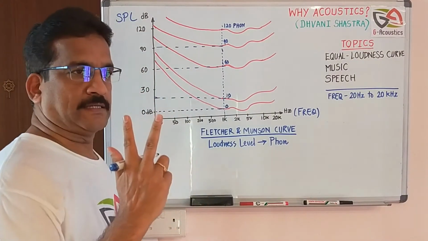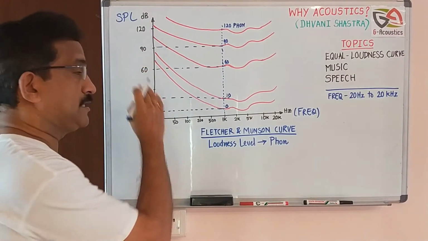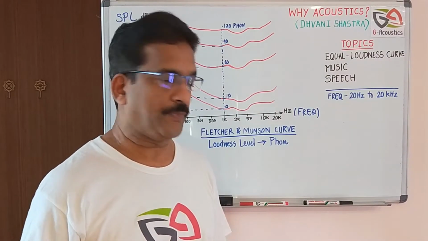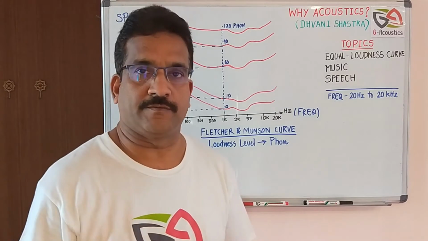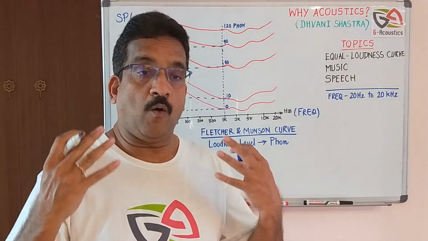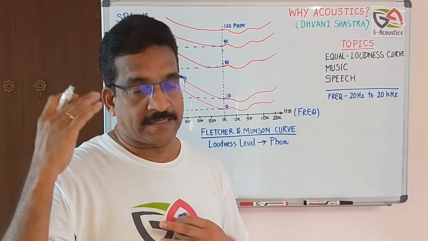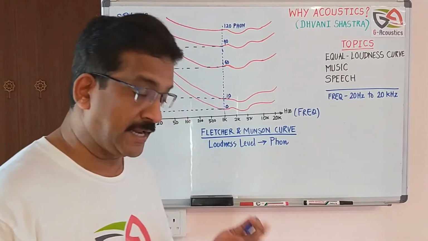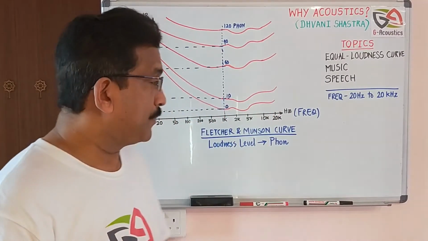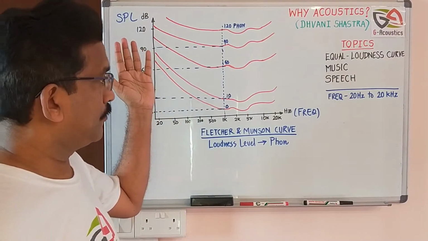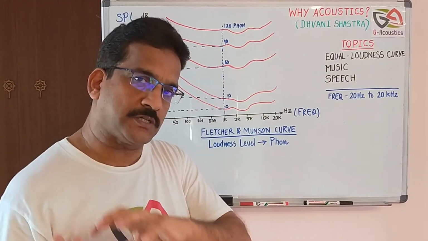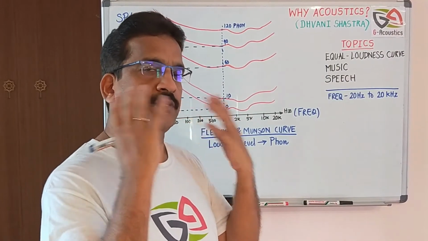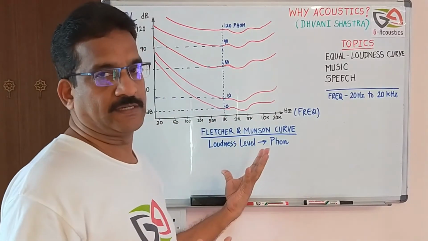Now there are two aspects. One is the sound pressure level. Sound pressure level is a physical entity which can be measured. Loudness is subjective, right? What I perceive as high loudness, you may perceive as medium. So loudness is subjective. It changes from person to person, and it depends on our ear's response. So basically this is telling us something about the actual sound pressure level, the measured entity, and how our ears respond in terms of loudness.